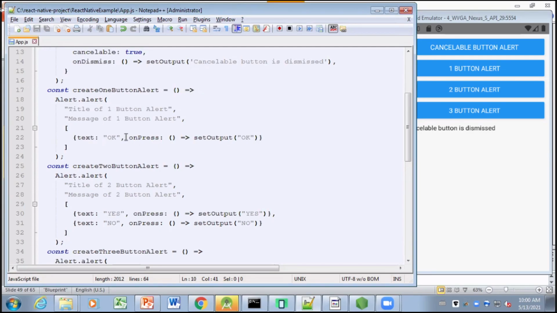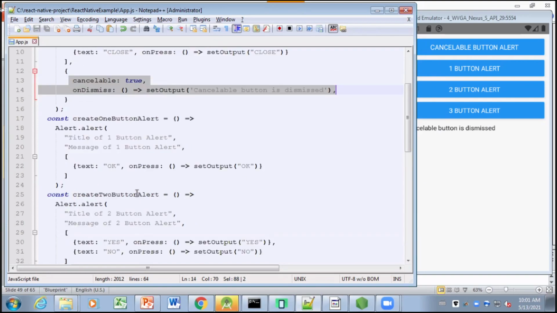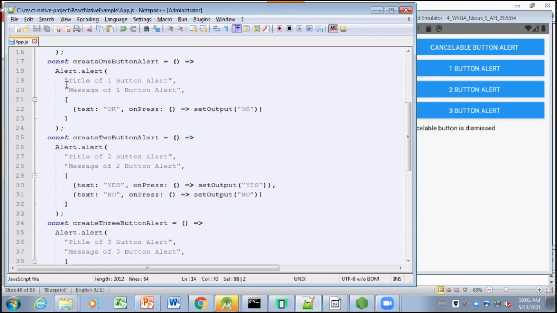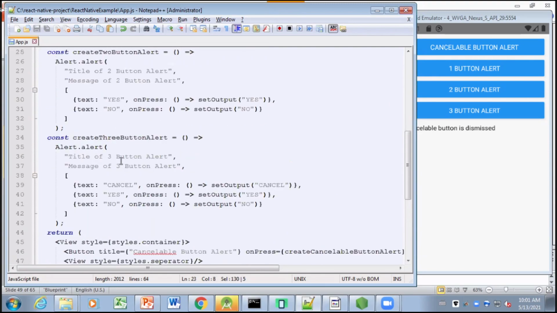For the other 3 remaining buttons, actually, this implementation is similar to the cancelable button. Instead, the 3 remaining buttons do not include these cancelable attributes. It simply includes the title, message, and then the button. Whenever you add 1 or 2 or 3 buttons, you simply provide the corresponding information such as text and